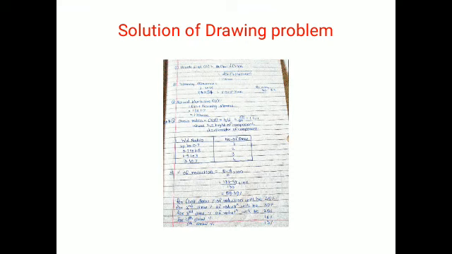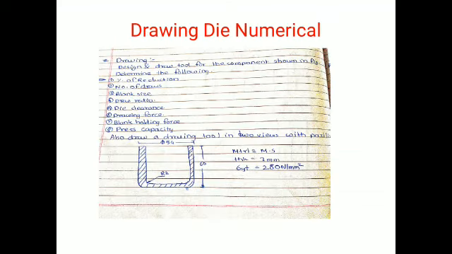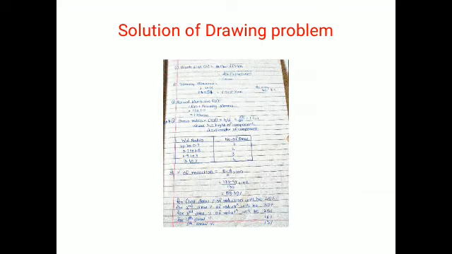Solution of drawing problem. First one, we have to determine the blank size. We know blank size is a function of D by R ratio. What is D? D is small d. Small d is 54 millimeters as far as given data is concerned, and R is 2 millimeters. Therefore D by R will become 54 by 2, that is 27, and as D by R is greater than 20,